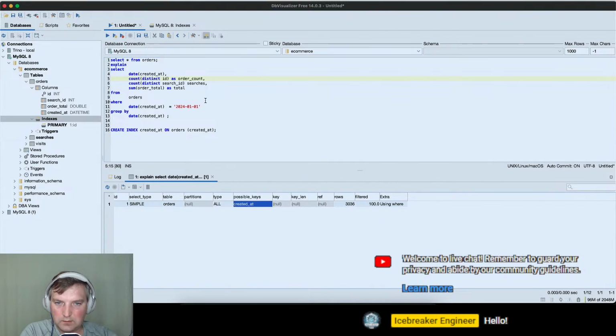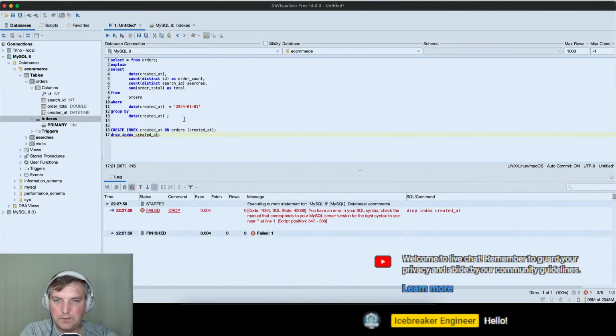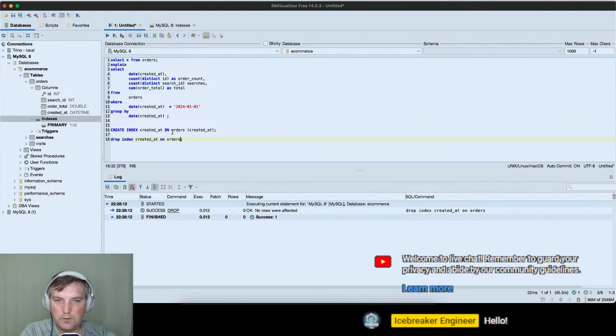Possible keys is using this one. Right, so let's drop index created at.